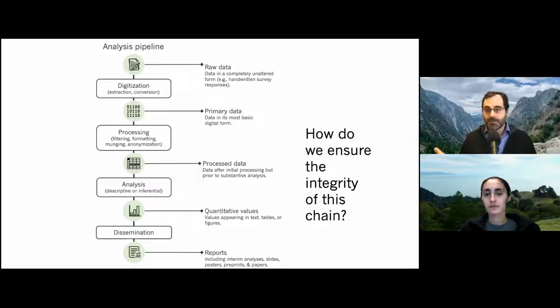And the basic problem, the is-the-world-on-fire-or-not problem, is how do we understand the extent to which integrity is ensured in this chain? Do we see high profile mistakes as evidence that there's fundamental problems in the integrity here, or are they occasional one-off errors that are regrettable but are not indicative of the broader issues in the ecosystem? So that's where things stood for me for a little while, that I knew that I had made mistakes, that I saw that others had made mistakes, but I didn't really know what to do.